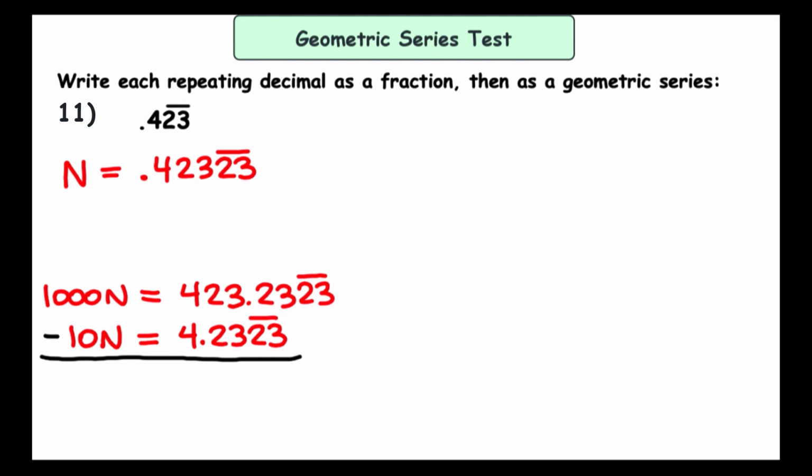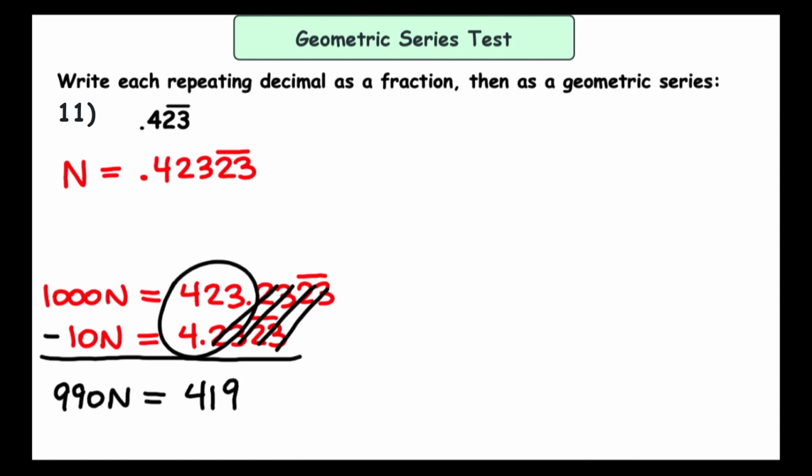1000n minus 10n will be 990n. And even though these decimals both roll on forever, when you subtract, they cancel each other. And you just get 423 minus 4, which will be 419. Divide both sides by 990. And you'll have your answer